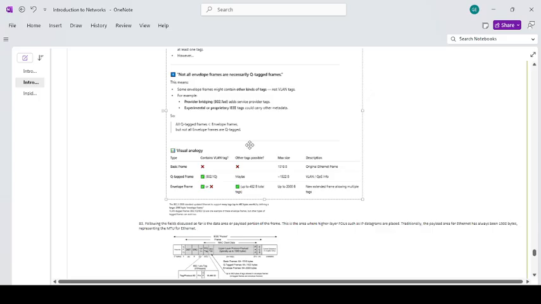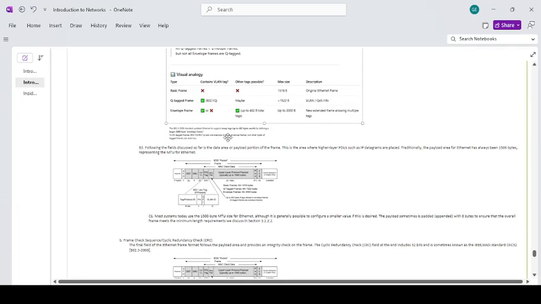So all Q-tag frames are envelope frames, but not all envelope frames are Q-tag frames. So here's the visual analogy. Basic frame: contains VLAN tag, no. Other tags possible, no. Max size 1518 bytes. Description: original Ethernet frame. Q-tag frame 802.1Q: